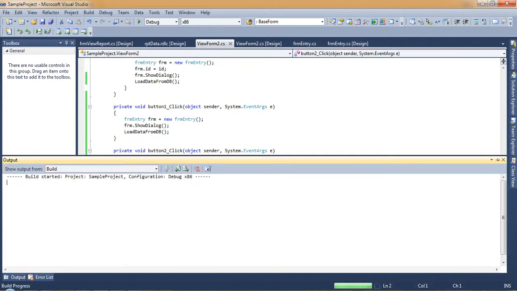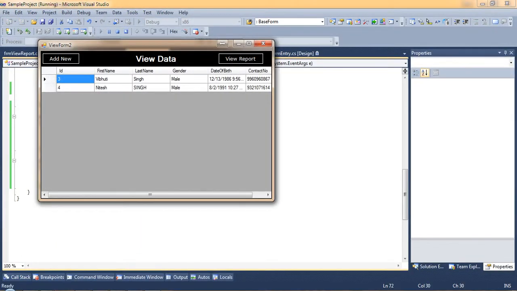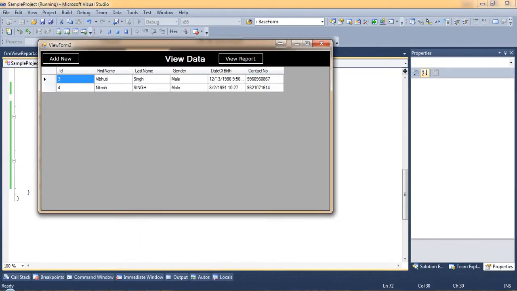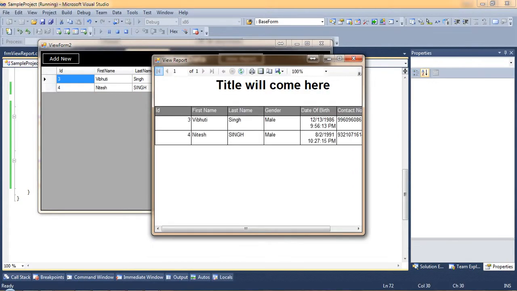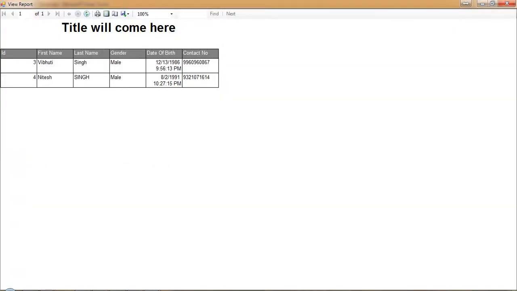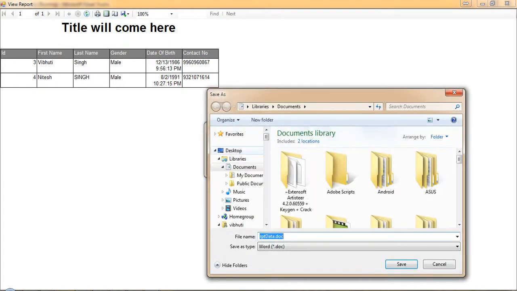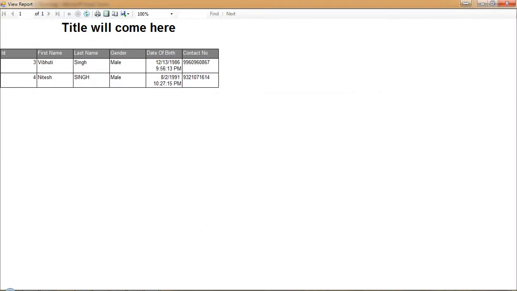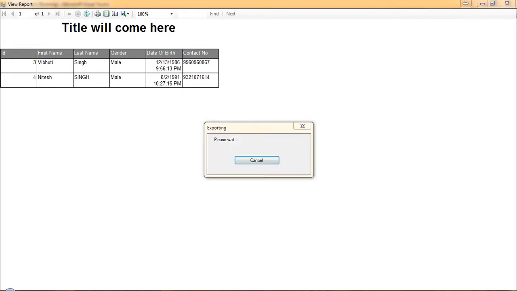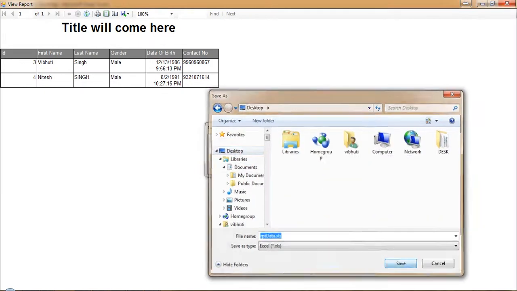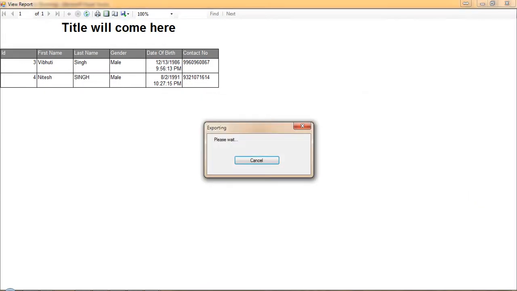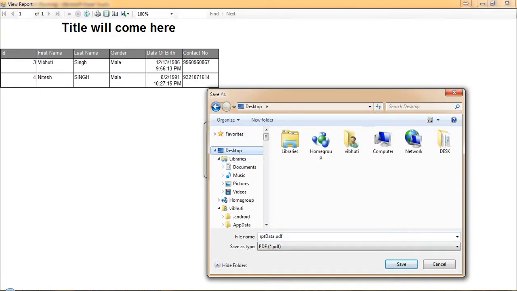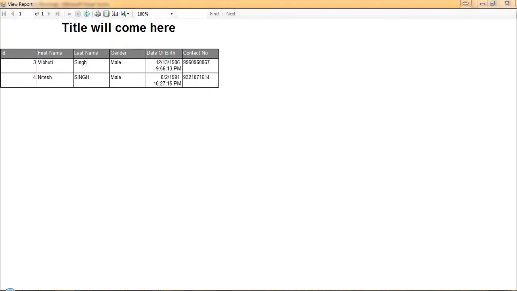We'll run this. Here is the record you are able to see. We'll click on this, it will open this form, and you can see your records here. You can export to Word, you can export to Excel also, export to PDF also, export to Word also.